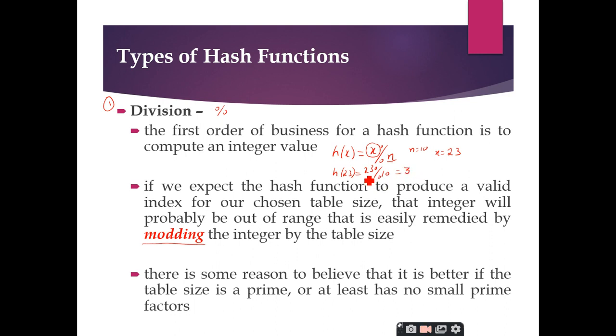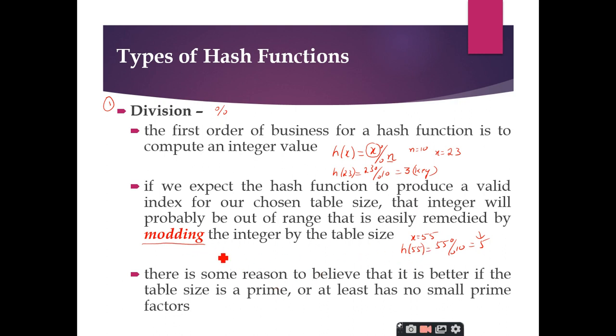So that 23 value has to be inserted at an index or key called 3. Similarly, if I have a number 55, now this becomes my x. If I apply this hash function, it becomes h of 55, which is equal to 55 modulo 10, which is equal to 5. So I should insert this 55 at the fifth key. This is how the hash function is defined, and this is called a modding function or division function, right?